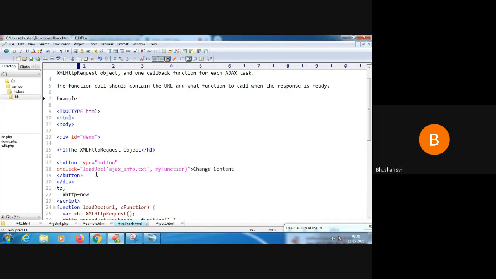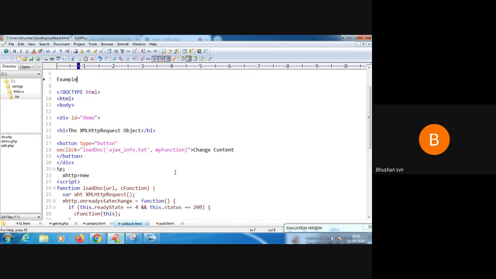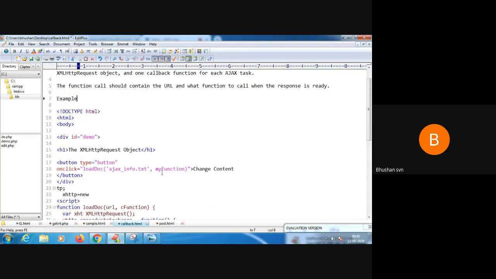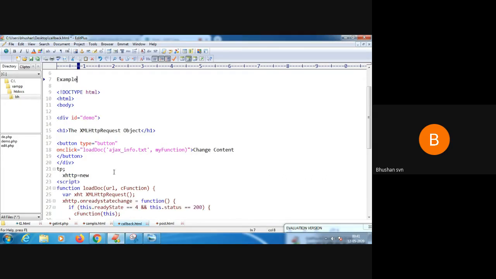In that, I am passing one more function called myFunction. So loadDoc is loading this .txt file to represent the information which is available in it, and simultaneously executing this function. Now, myFunction is one more function which is passed as a parameter to loadDoc.